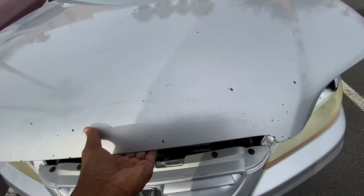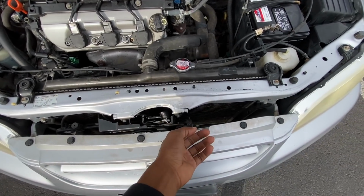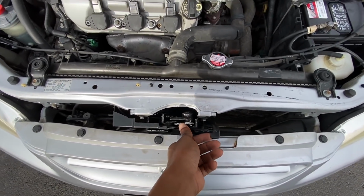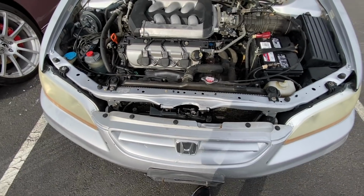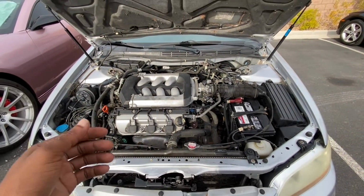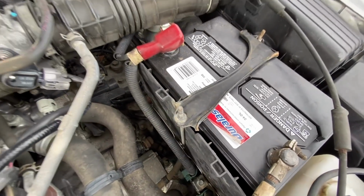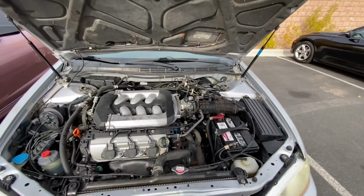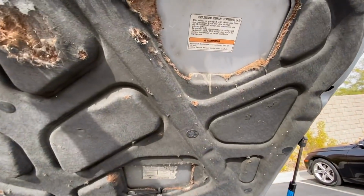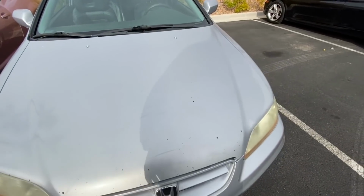However, there are a few little things that are wrong with the car. Like when you close this hood all the way, it doesn't click and latch down for some odd reason. But I mean, I checked all the fluids. I should have done it on camera, but all the fluids and all that is A1. Nothing really stands out. We'll probably need a new battery here pretty soon. Well, pretty soon. I don't even think it starts without the battery